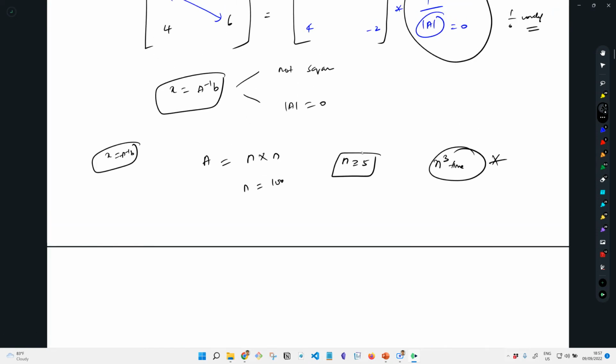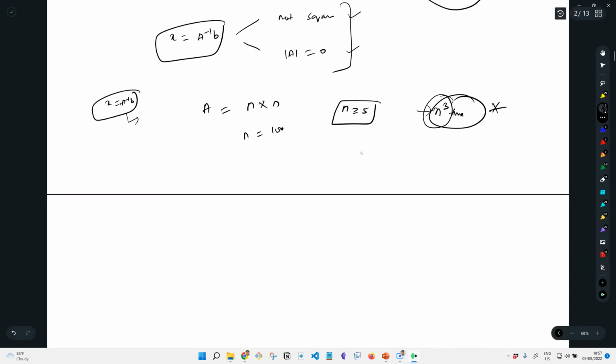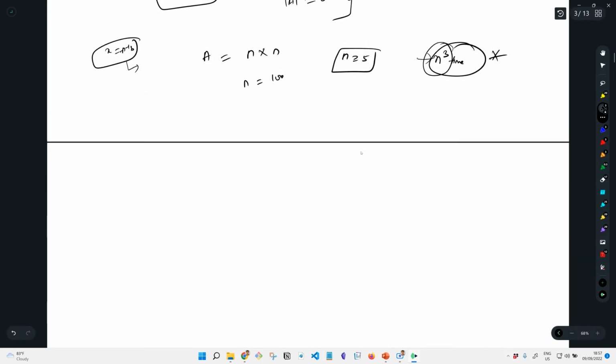Now, we saw two impossibility reasons why you cannot apply x equal to A inverse B, and there is a computational reason also. Let's say a matrix satisfies both these conditions, that is, it is a square matrix and determinant is not equal to 0. Still, you don't want to find the solution for x using A inverse B. The reason is it takes n cube time, and n cube is really huge. Now, to find the system solution efficiently,